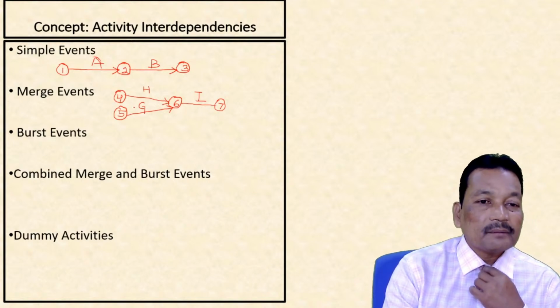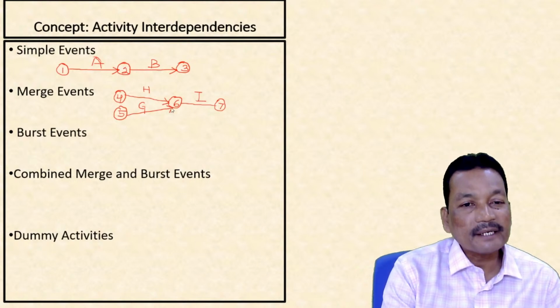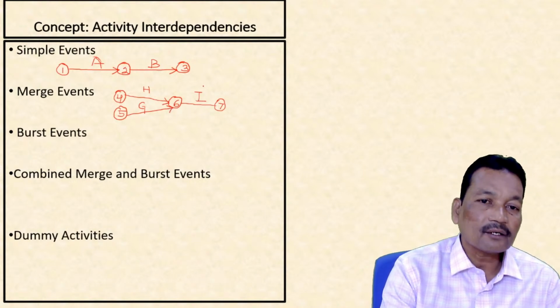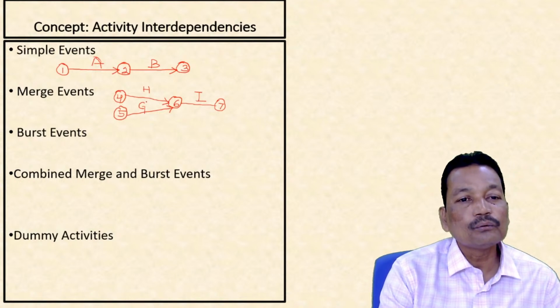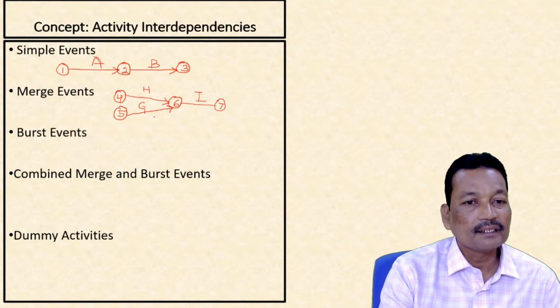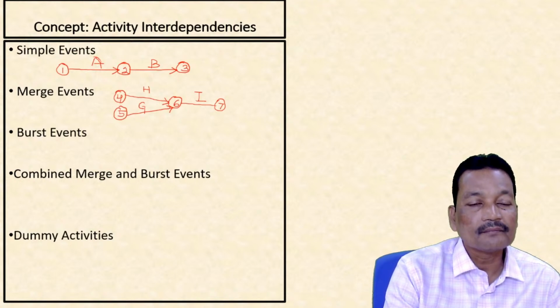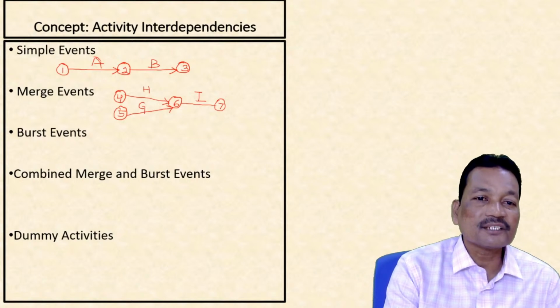We have two activities H and G which are terminating or being ended up at event 6, or in other words, activity I has two predecessors, right? Now here two activities are merging in event 6. So this is called as merge events,